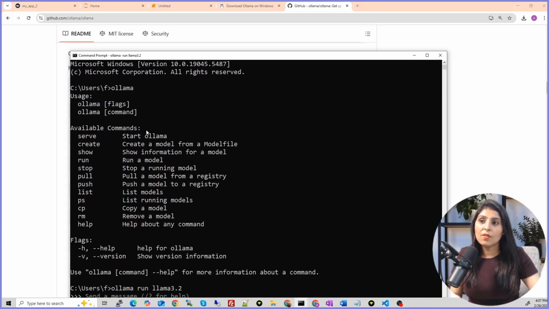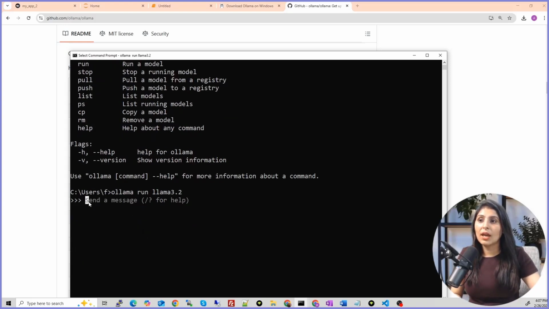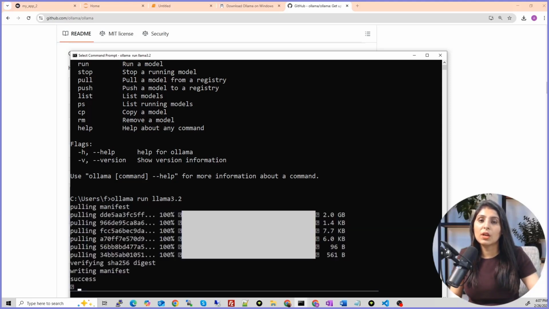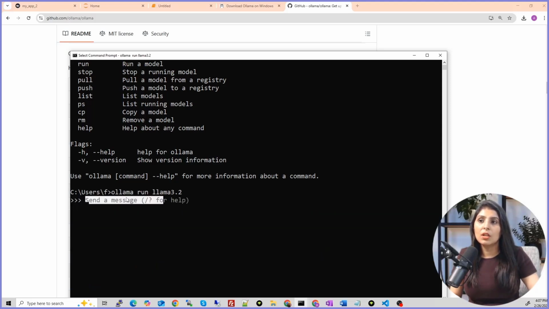In my case, I have already installed it, so that's why I can directly chat with this model. In your case, if you are downloading it for the first time, it will take some time. This model will first download. This kind of screen you will see if you are running it for the first time. And in my case, as I have already performed this step, I can directly chat with the model. So that means this Llama 3.2 model is downloaded in your machine.